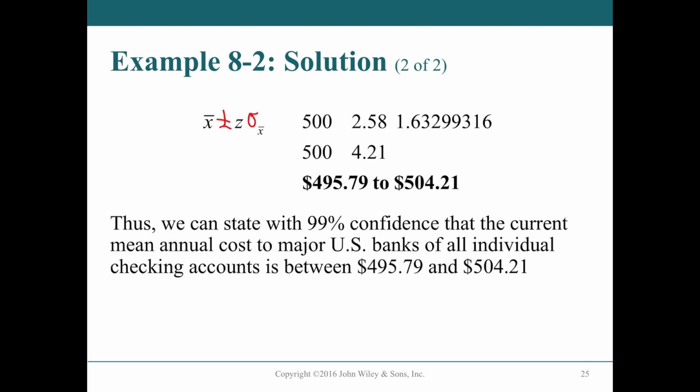Okay, so we have our standard deviation, or that is our confidence interval, as being x bar plus or minus z times sigma sub x bar, which is 500, which is the center mark for x bar, plus and minus the z score, 2.58, which is multiplied by what we just got, standard deviation of the mean, standard error of the mean, same thing. That works out to be pretty small margin of error.